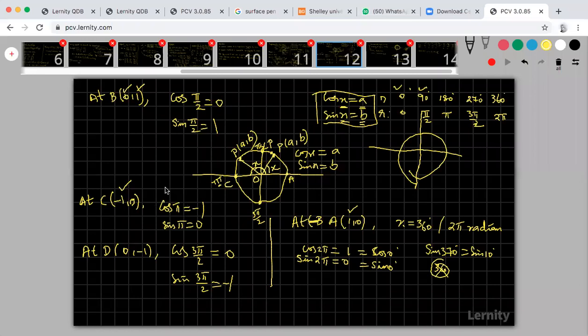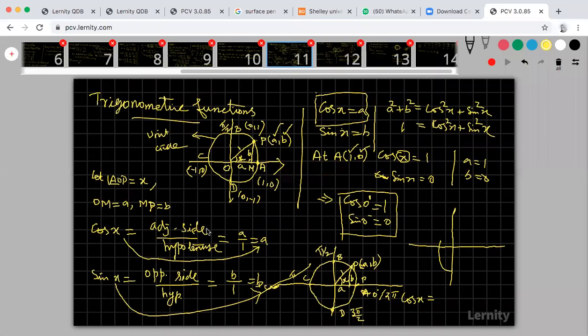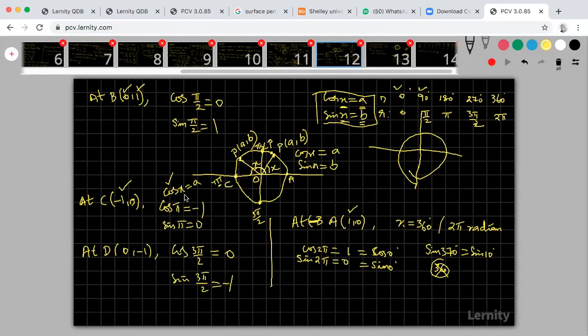Actually, cos x is equal to a. Are you okay, my dear student? This cos x is equal to a is okay because of this slide. From this slide, your cos x is equal to a, sin x is equal to b. I am writing cos x is equal to a. At this point, what is x? X means the angle. Angle is pi radians. That is, I am substituting x is equal to pi. What is my a? This is my a. My a is -1. Please try to understand.